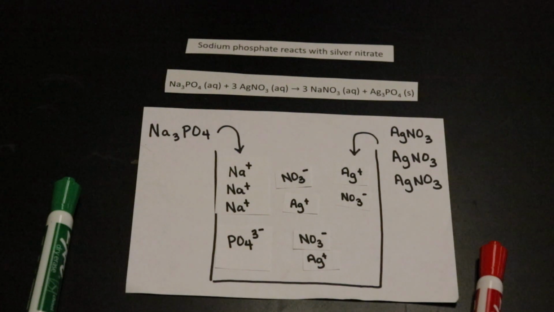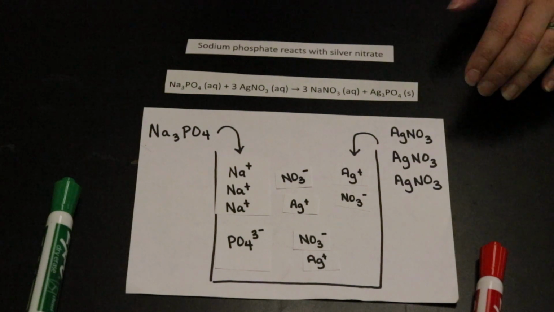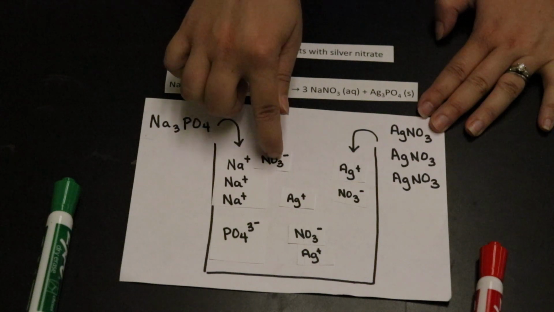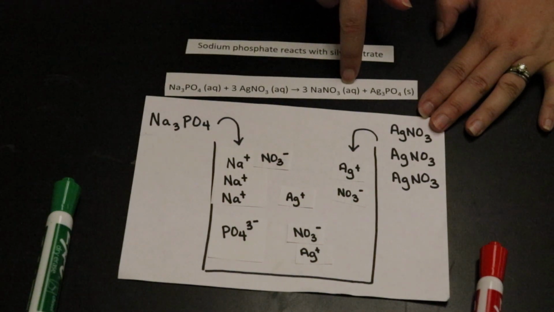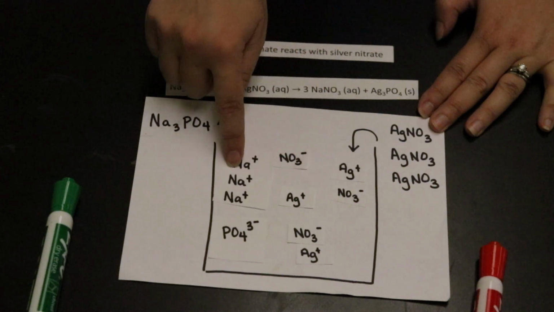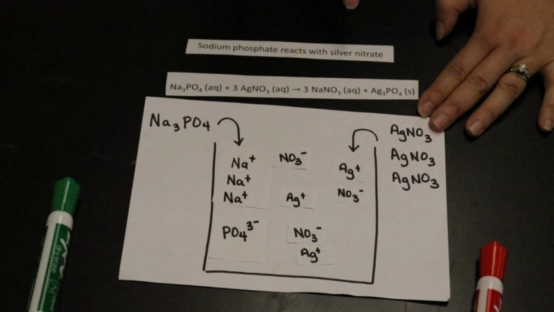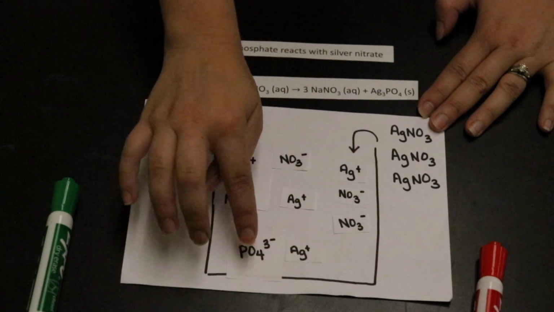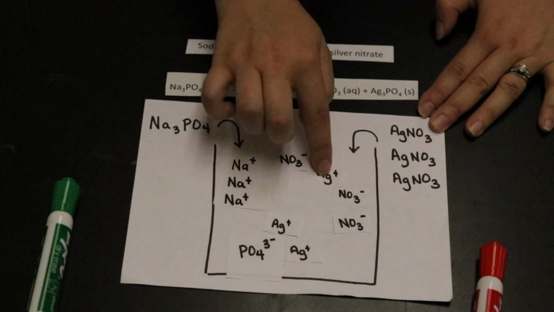So when you are putting an ionic compound into water, it's going to break apart into its individual ions. As these ions are floating around in the water, they'll bump into each other. So when Na plus and NO3 minus bump into each other, they do not form a solid, they remain aqueous, so that means that they remain as their individual ions. But when Ag plus bumps into PO4 3 minus,